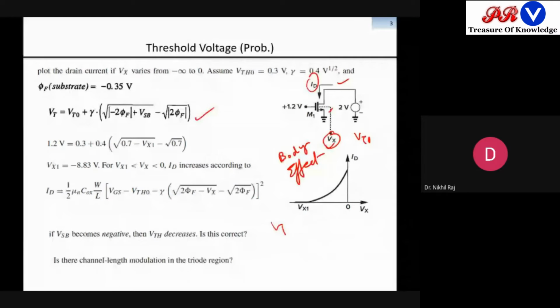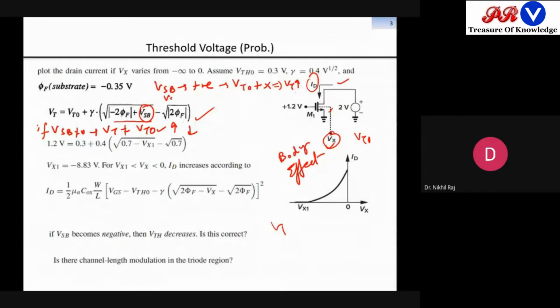Fine. So in this expression, it was seen that if VSB is 0, then Vt is nothing but your Vt naught. But when VSB is not equal to 0, then Vt is not equal to Vt naught. Rather, it increases or decreases depending upon the magnitude of VSB. So when VSB was positive, the total effective value of this term was very high. So when it is very high, what happens? This Vt naught plus some X factor comes, due to which the effective Vt gets hiked up.